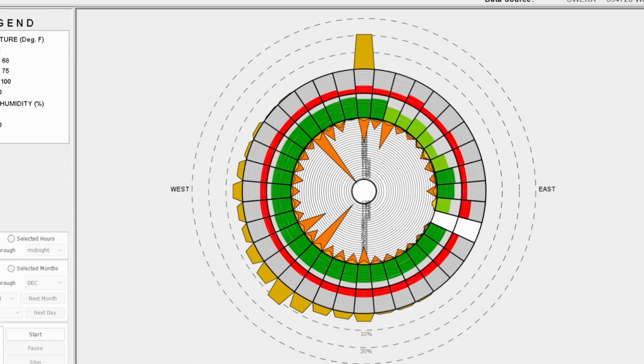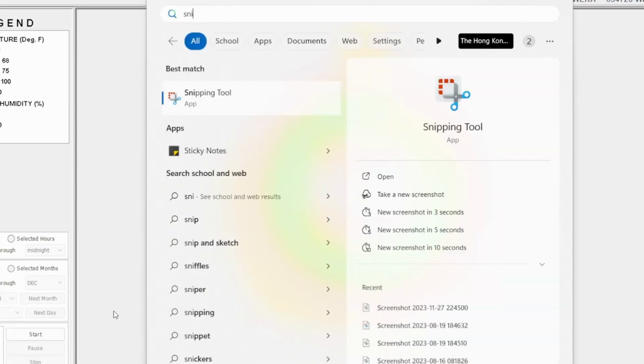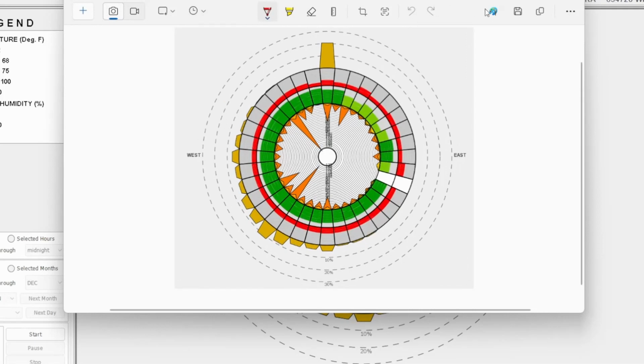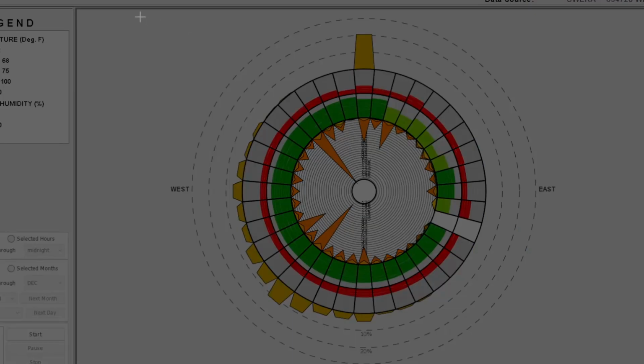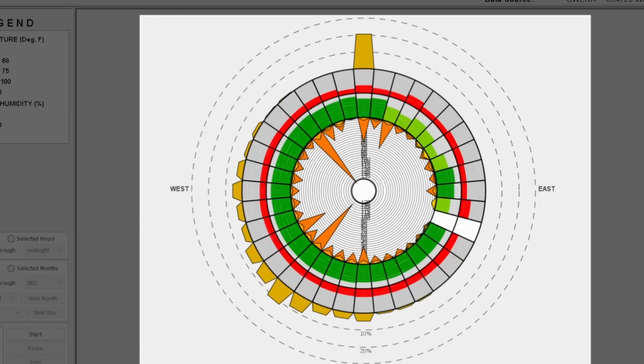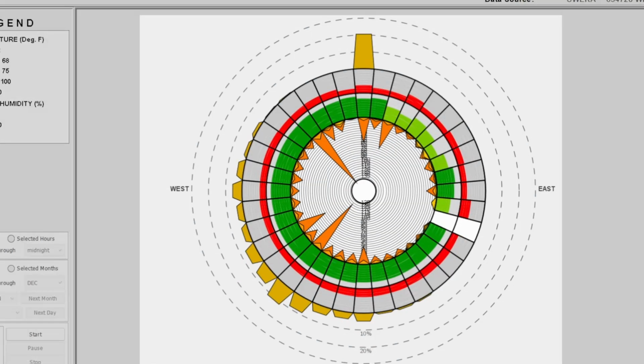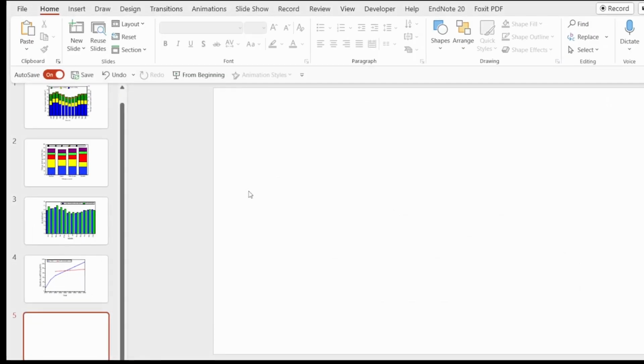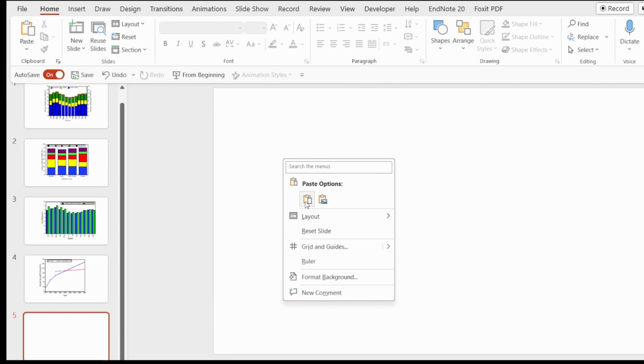Or you can also click start and then search snip. Alright, and you get the Snipping Tool, and then you can just go to new, which will allow you to also snap it. So that one also gives you access. You just go straight to, in this case I'm using PowerPoint to do it, so I'll just paste whatever I